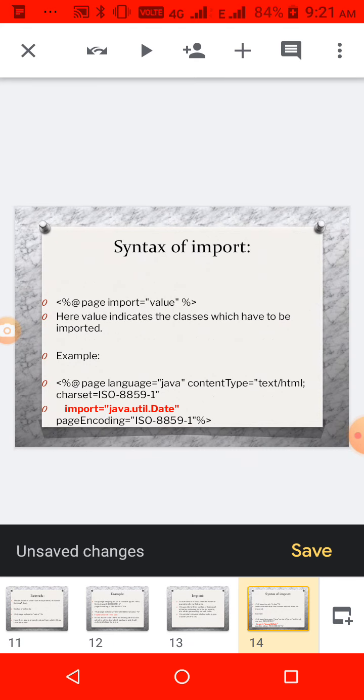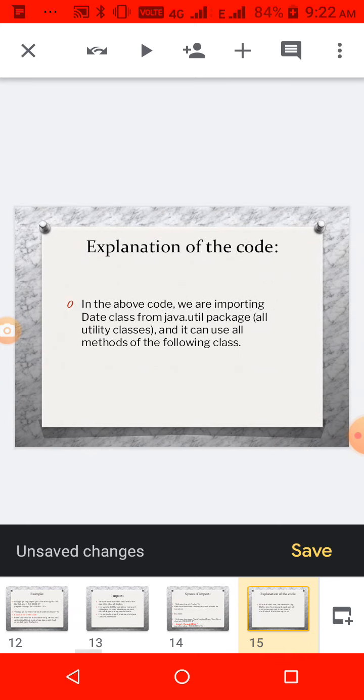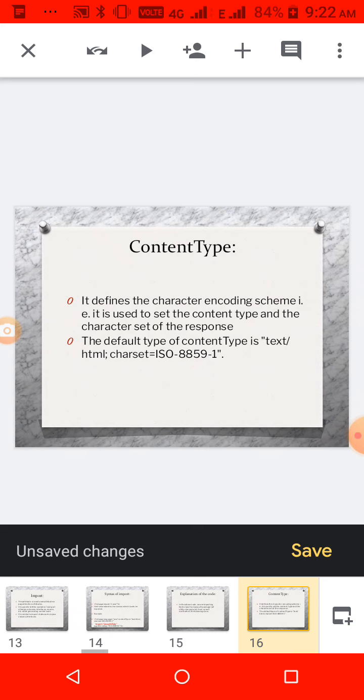For example, see here the first line, at page import equal to value. So here we are importing java.util.Date, and if you want to display a date or time in your program, you can import that particular class, then you can display that date and time and so on.